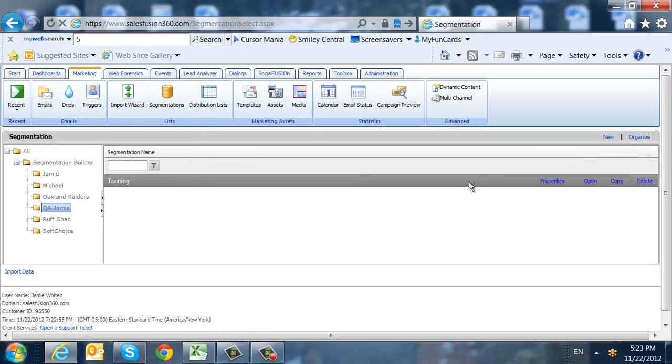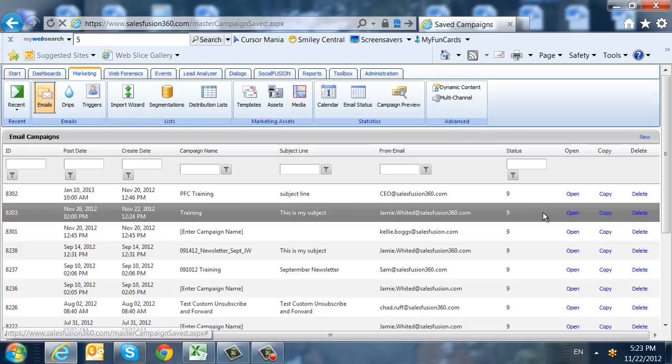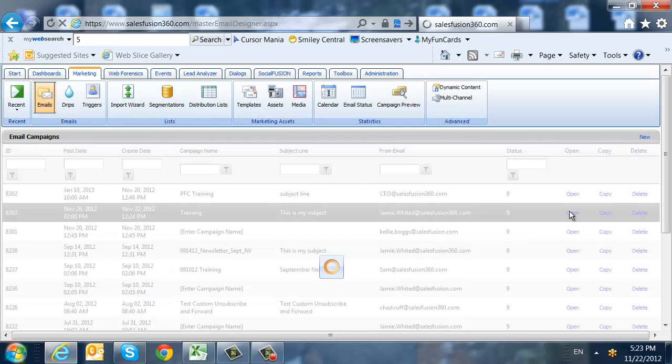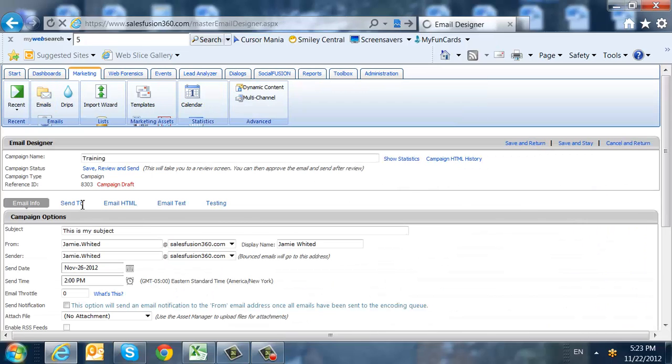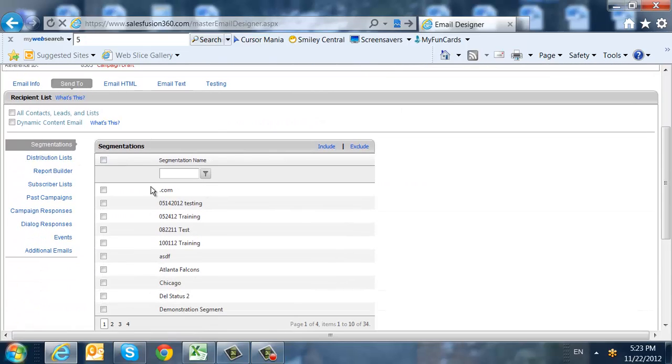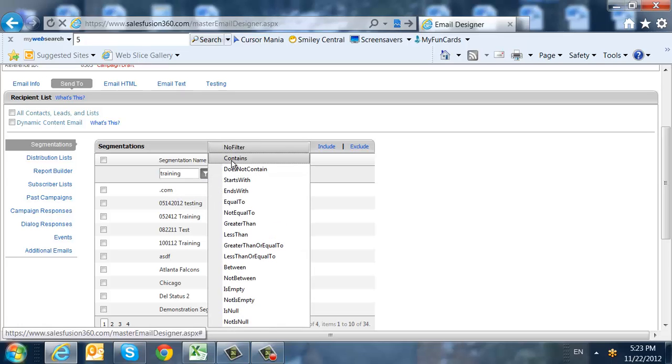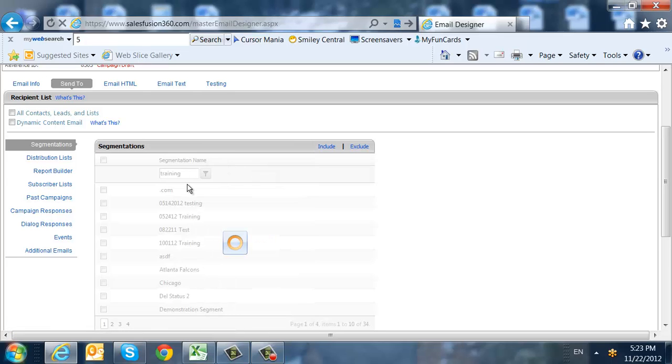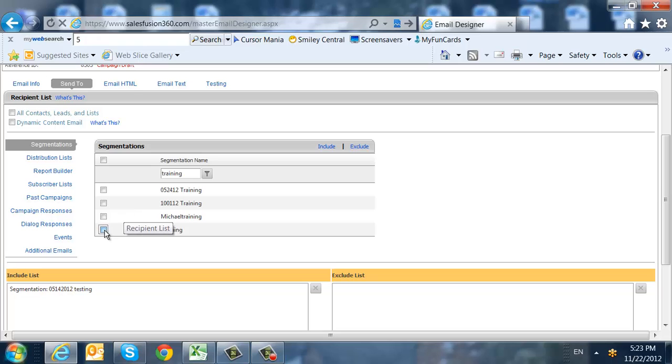You now have the ability to take this segmentation and drop it into any email or drip campaign. To do that, you would go to either your emails or your drips. You would open up an existing email and you would go to the Send To tab. And on the Send To tab, you would look at your segmentations and you would find your one called Training. And you can either find it manually or you can type in a filter here, and you'll find the one that you created and just click on